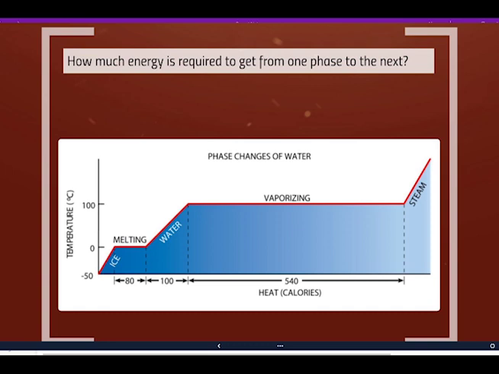And yes, that's true. And that 540 calories actually converts to 2,260 joules per gram of water vaporizing. So it takes a ton of energy to vaporize water. Tons. And this actually leads to a big problem with steam burns, because if you have to heat things up